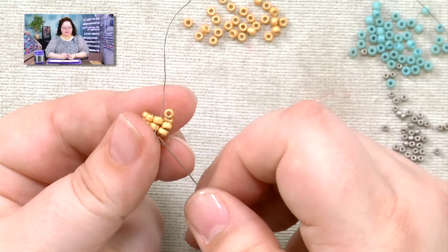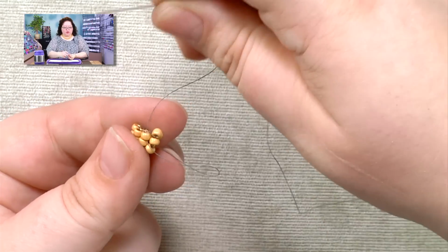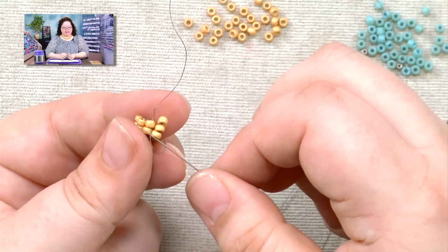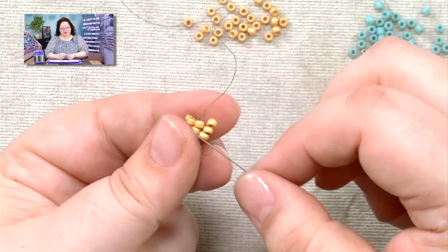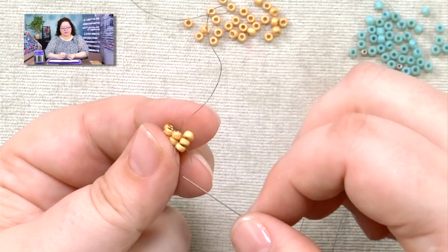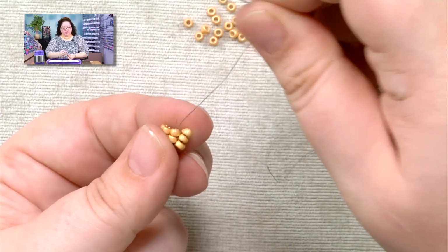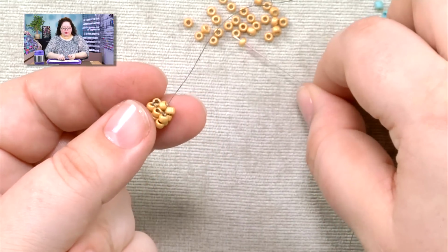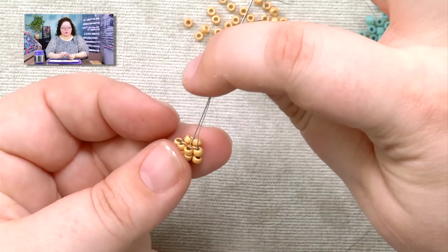Here's one little thing. This thread, when you go to pass up 1, sometimes it wants to get hooked on the previous set of beads. And so just keep your eye out for that, because you want to make sure that your thread doesn't get hooked. So make sure that it sucks up into that intersection right there. Picking up 2, down 1,